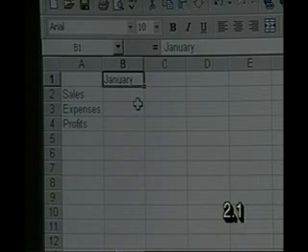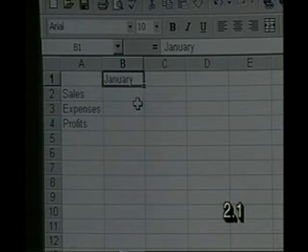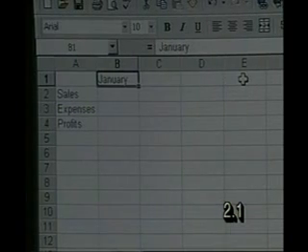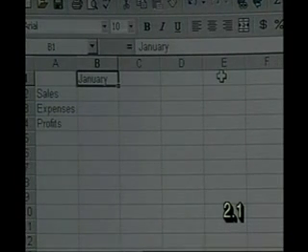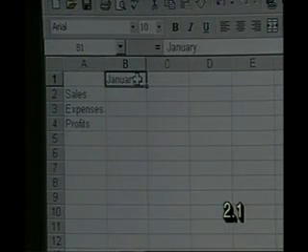Built into Excel is the recognition that certain features, certain cell entries, like months, days of the week, dates, are frequently used in series. If we're going to be using the word January, it would be nice to use the word February, March, April, etc. to the right. And we could certainly type those. That's not a huge effort. But since Excel does recognize the word January or the abbreviation JAN, if we have a month in a cell,